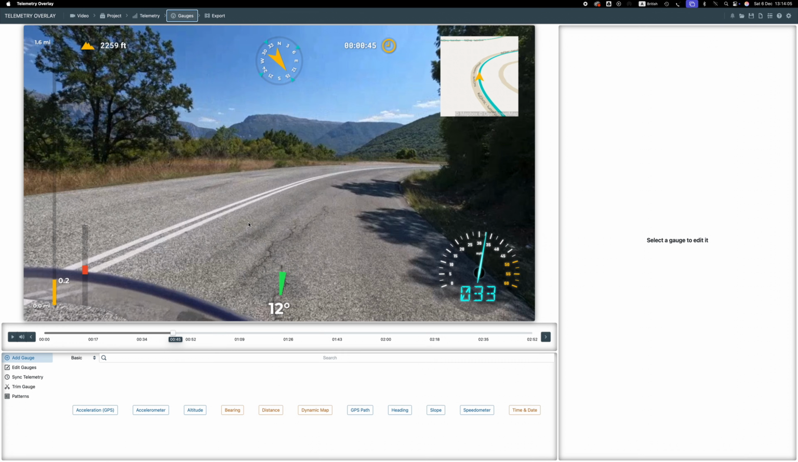The gauges page is the one where you design your overlay, and this particular one at the moment is a template that I've used a number of times, which is why it's coming up first. But it's all very, very easy, to be honest. Down at the bottom, you've got a list of all the gauges that you can use, and there are loads of them. So if I click on Add Gauge, for example,